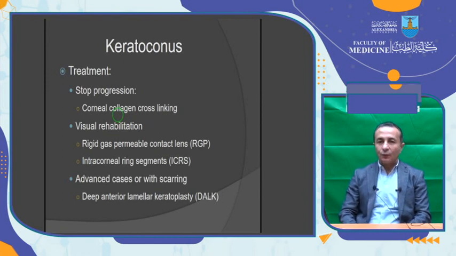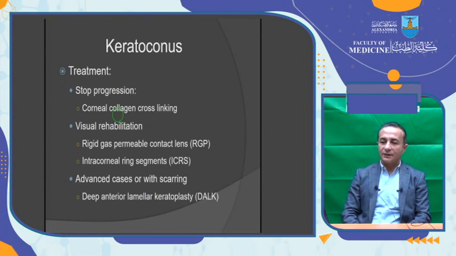In these cases, we can use the intracorneal ring segments, which are plastic segments placed in the corneal stroma, which may flatten the cone. These two modalities of treatment may not be suitable in advanced cases or cases with corneal scarring, and in these cases we